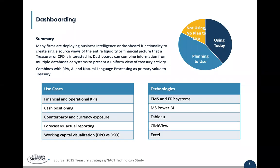The other point to be made about this is the technology is really quite mature at this point and is readily available. So whereas years ago everybody was using Excel for just about everything, this is a case where Excel is one of the options clearly, but there are some other tools available like Tableau and Microsoft Power BI. They're very, very easy to use. You don't need to have an IT specialist necessarily configuring and maintaining these for you